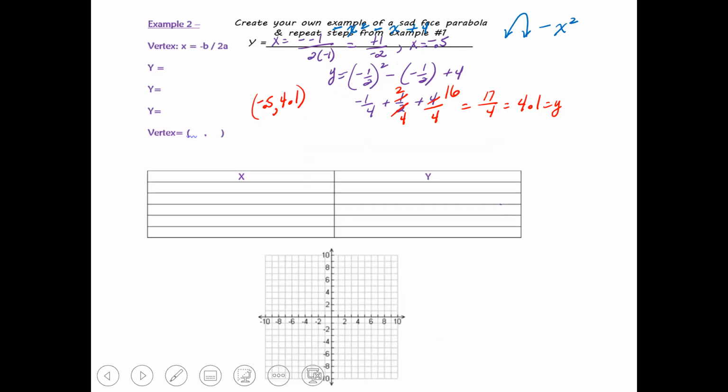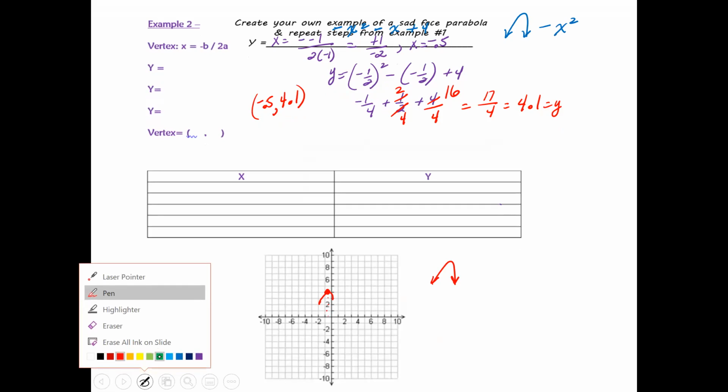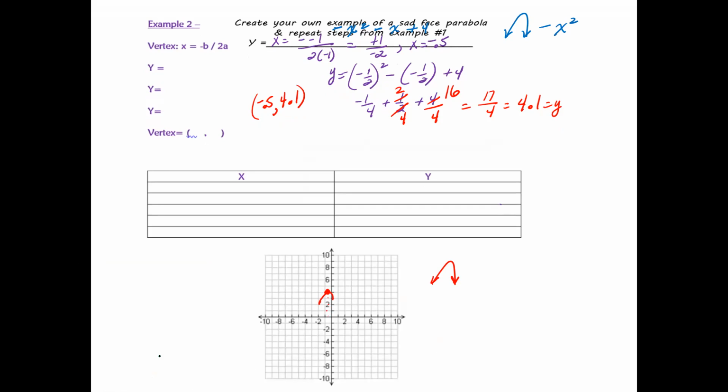So then what we're going to do is we're going to graph that. So this is at negative 1/2 and 4.1, 2, 3, 4. So that's your vertex. I know it's going to go down like this because it's going to be a sad face. But again, I don't know how narrow it is and how stretched out it is or how compressed it is. So let's take a look at perhaps